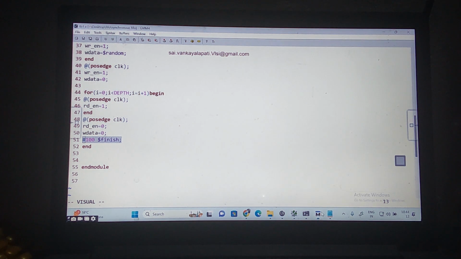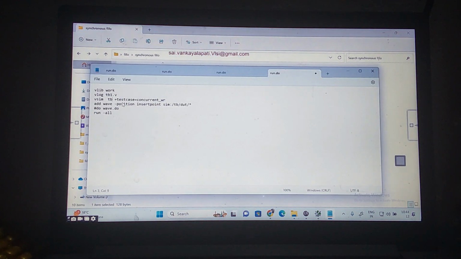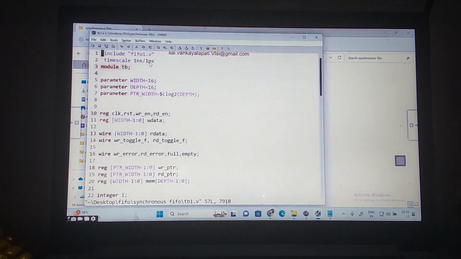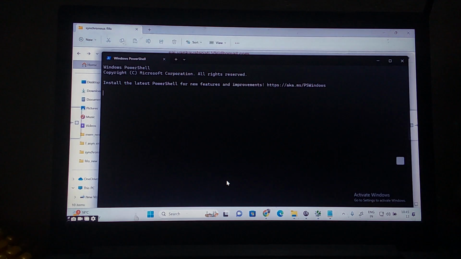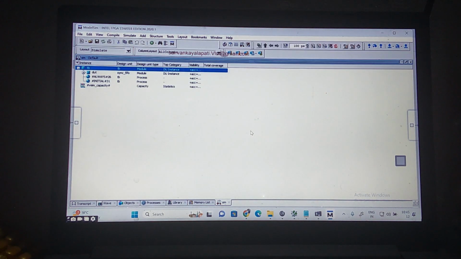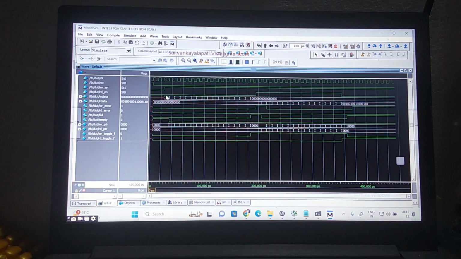So now let us run this one. This is testbench1.v. Let us save this. But this is fifo1.v. Okay, let us run this. Now you can see the write is happening here, w data. Read is happening here. This is my write pointer, this is my read pointer. So let us keep all in one place and change the radix, then we will understand the timing diagram.